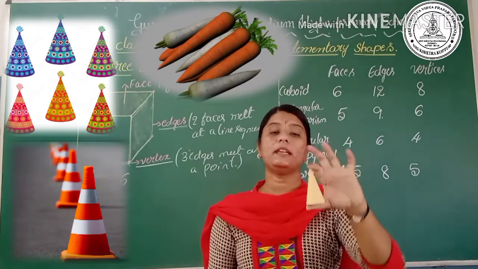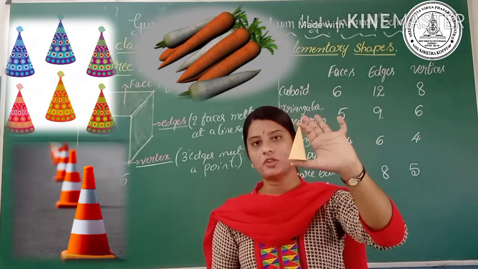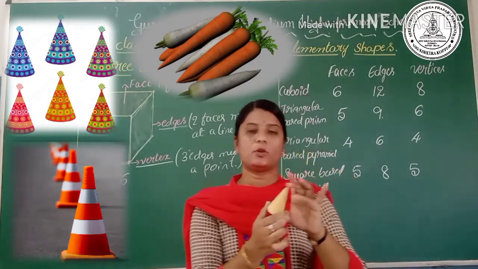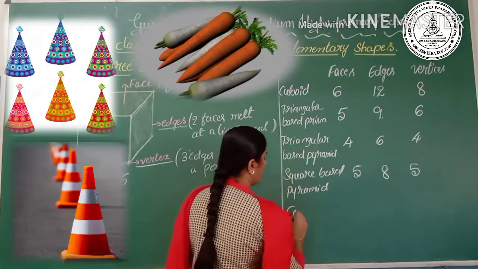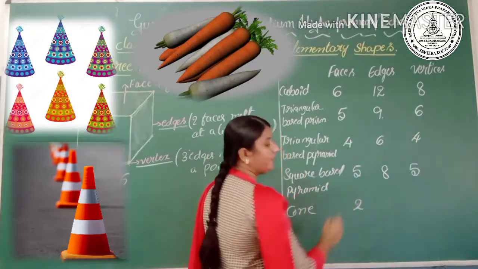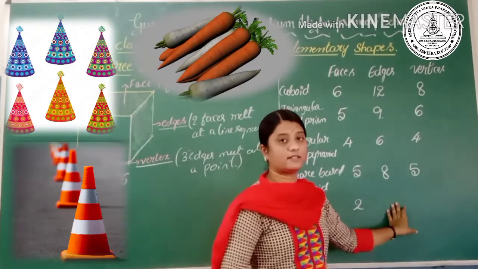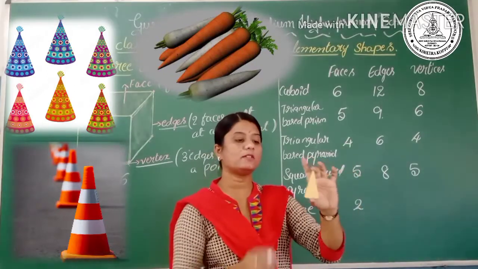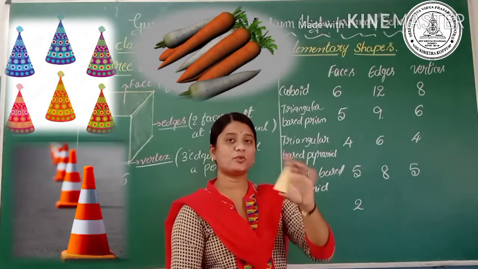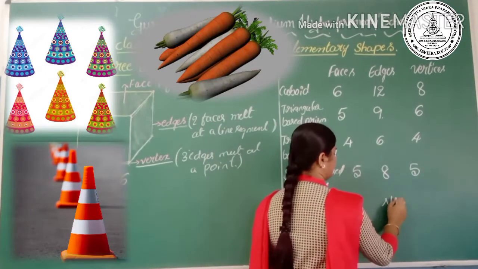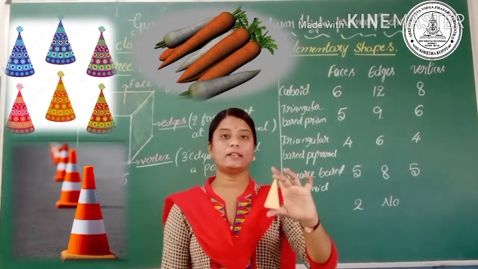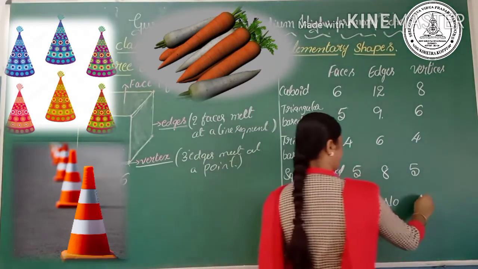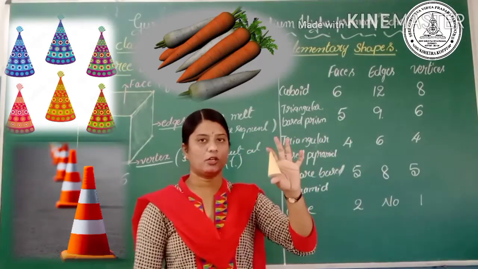Yes. Can we say how many faces there are for this cone shape? Yes, we can say that one of the faces is circular and the other face is curved. Totally it has 2 faces. A cone has 2 faces and it has no edges, right? Why? Because it isn't made up of a line segment, so it has no edges. Okay, and the number of vertices for the cone shape is only 1. Yes, it is the cone shape, right?